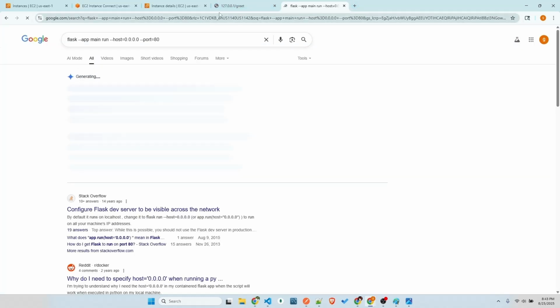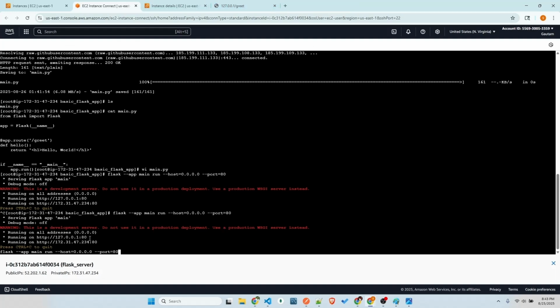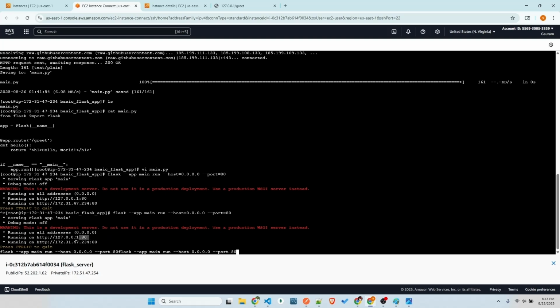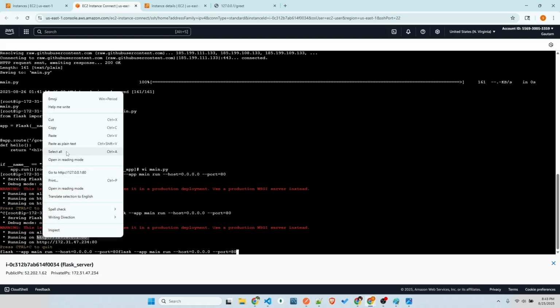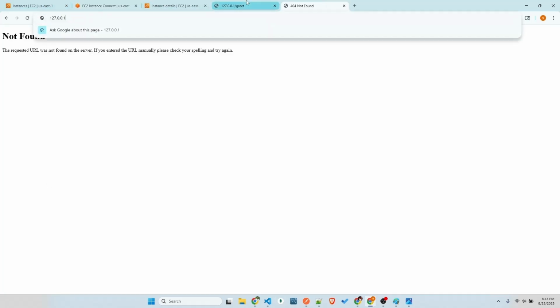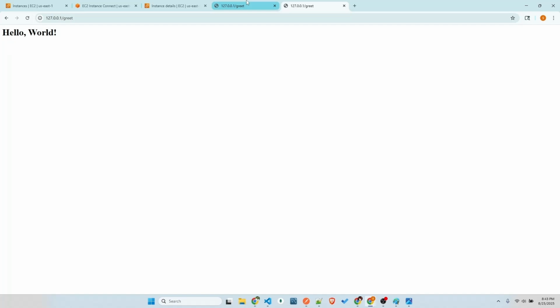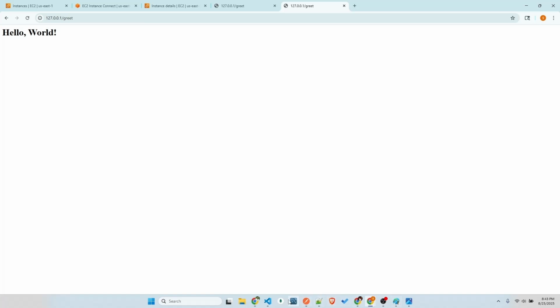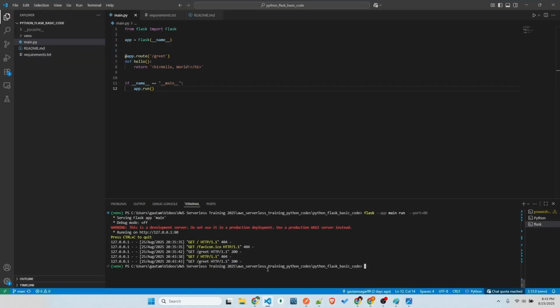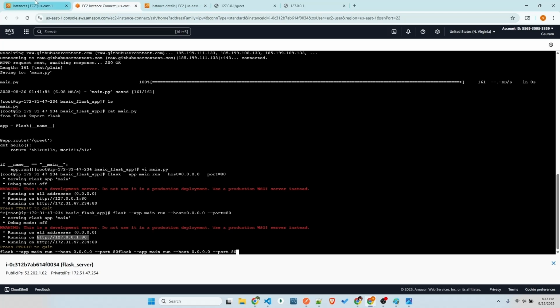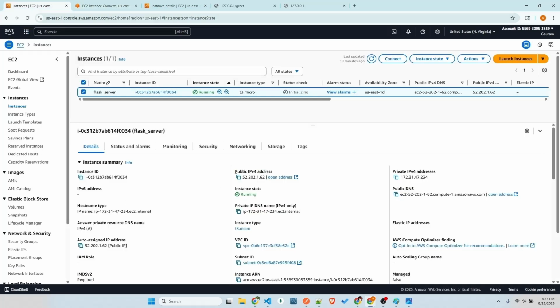Similarly, what we did locally, if you do the same thing, we are not going to hit it. We are hitting our own local machine itself. It's not this AWS application. So now I just stop the server locally. You cannot hit it. So to hit that, what Amazon does is it gives you a public IP